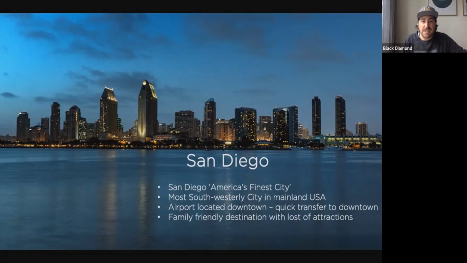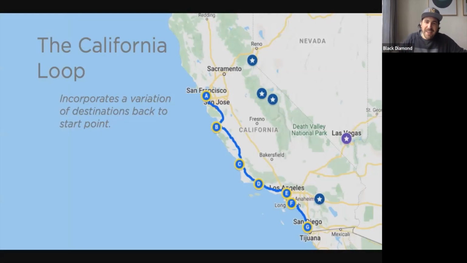But San Diego is a really easy city. I always say it's a 20-minute city. Everything takes 20 minutes. Pretty quick and easy to get around. Hope we got everything on San Diego. So we've done the coast, and you can see that kind of drive there. I tend to say if you're going all the way down to San Diego, you'd need at least 10 nights, but 10 to 14 nights is great.